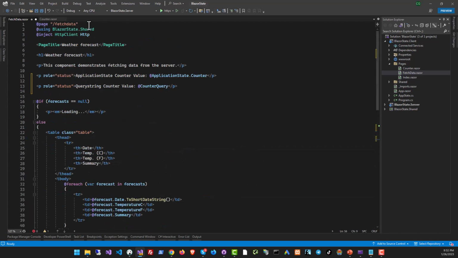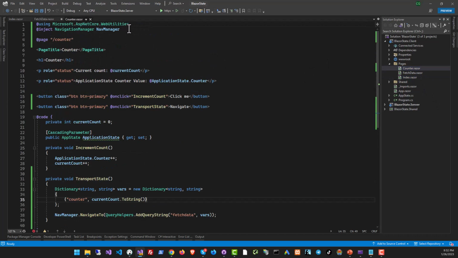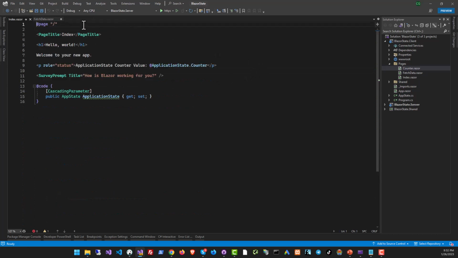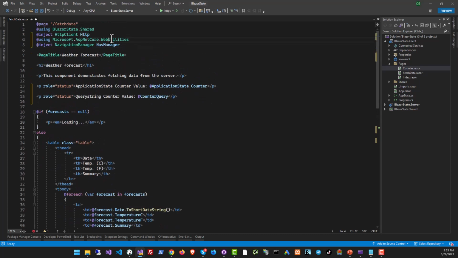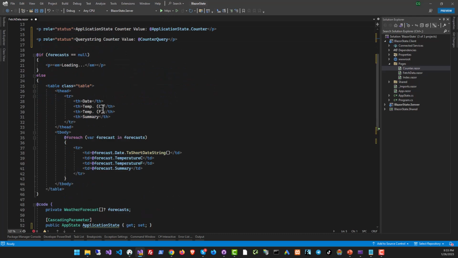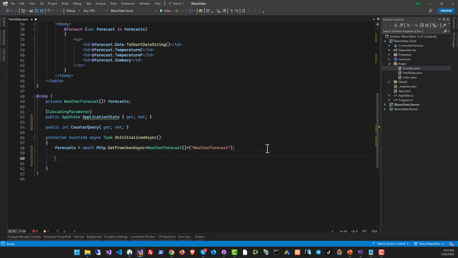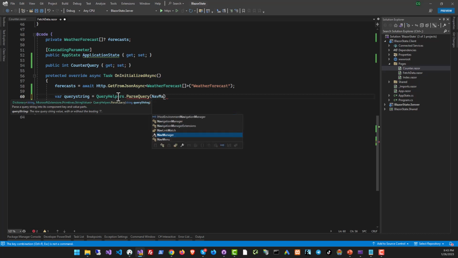To do that, again, let's use the web utilities classes. Let's just copy this code over from the counter. Here we go. All right. And because we are an organized coder, we're gonna group these statements properly. Coming back, we will create a new variable called query string, and let's use the query helper again. We need to parse the query, and we actually need to get the query string from the URL, so we're going to use the nav manager